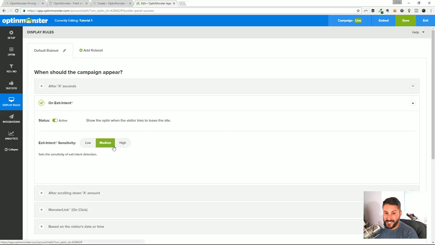And then you can set the sensitivity. So as it gets closer from a distance, it'll be sort of medium by default, and then it'll pop up. If it's super sensitive, it'll come up maybe as soon as they start to get closer to that X. So exit intent is another powerful thing, because you can have a pop-up that comes up and says, join our